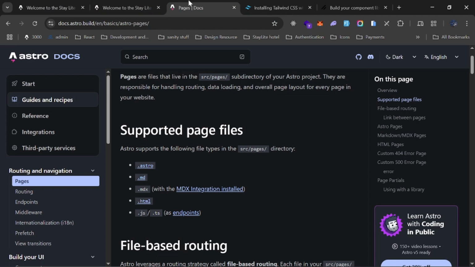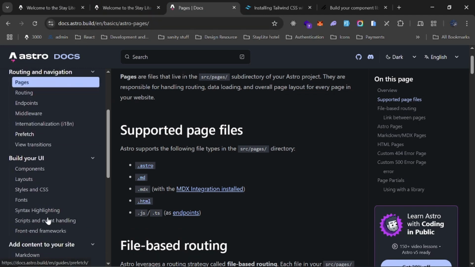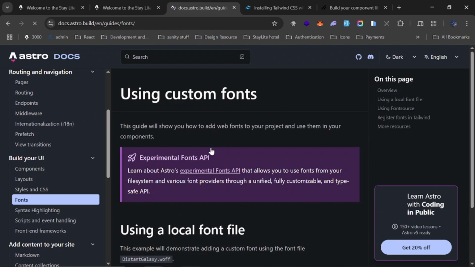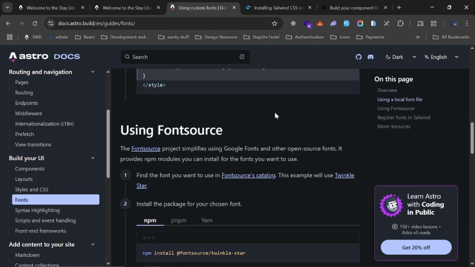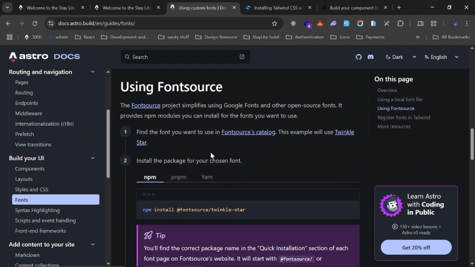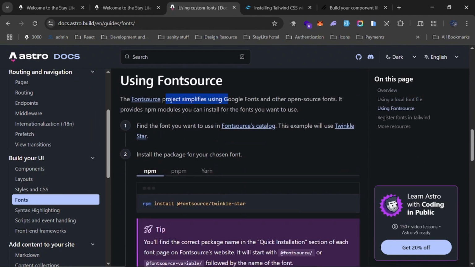So we'll go to the Astro doc, and I will go to the fonts. So we'll be using font source. So as you can see, font source project simplifies using Google fonts and other open source fonts. So the fonts we'll be using is Poppins. So I'll quickly copy this one